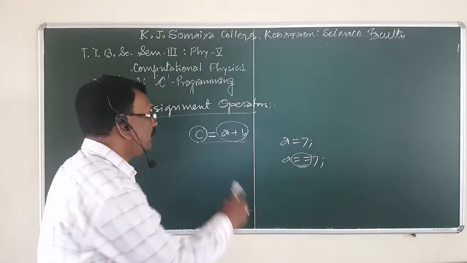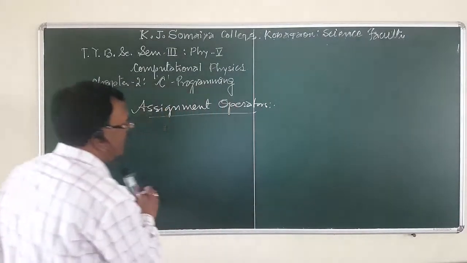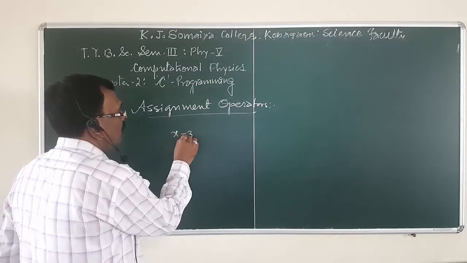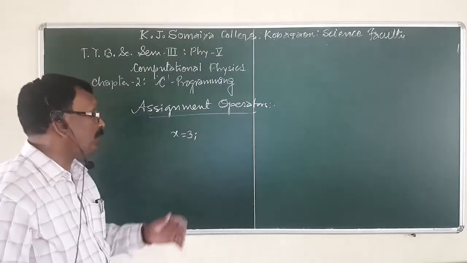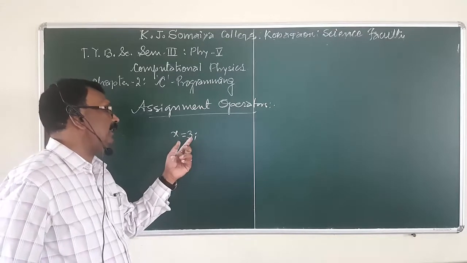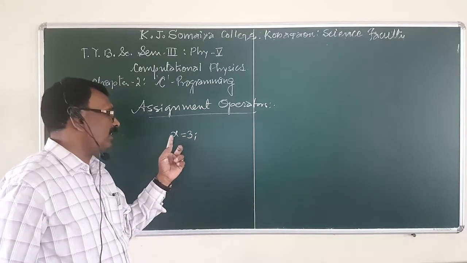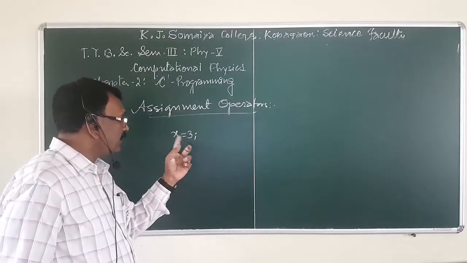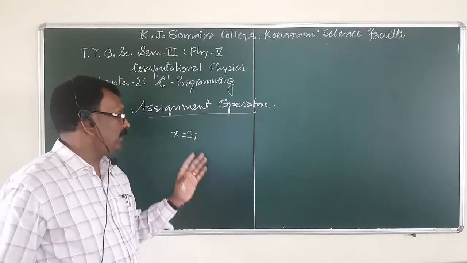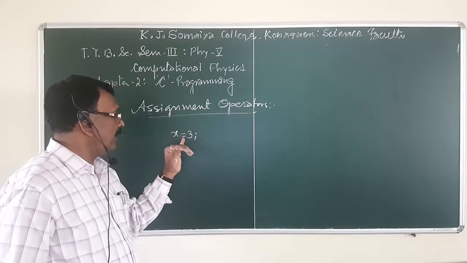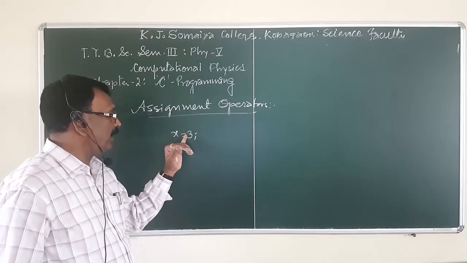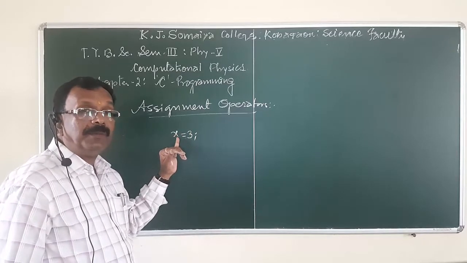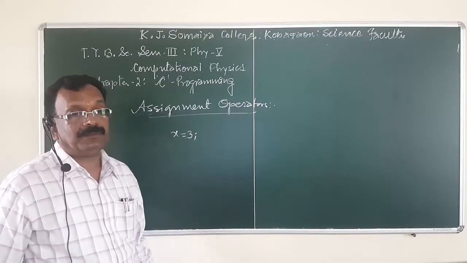Okay. Now see some more examples. If we write here x is equal to 3, remember that in C programming we have to read it like this, 3 is assigned to x, not x is equal to 3. X is equal to 3 is in mathematics, but 3 is assigned to x is in C programming. In this way, this is the assignment operator. This assignment operator assigns the value 3 to the variable name on the left of the expression.